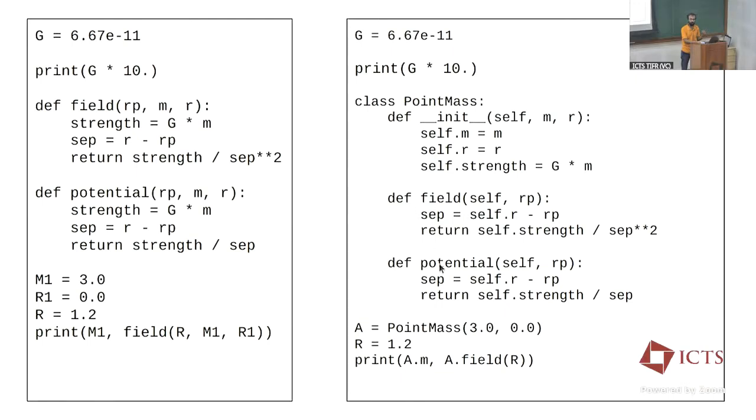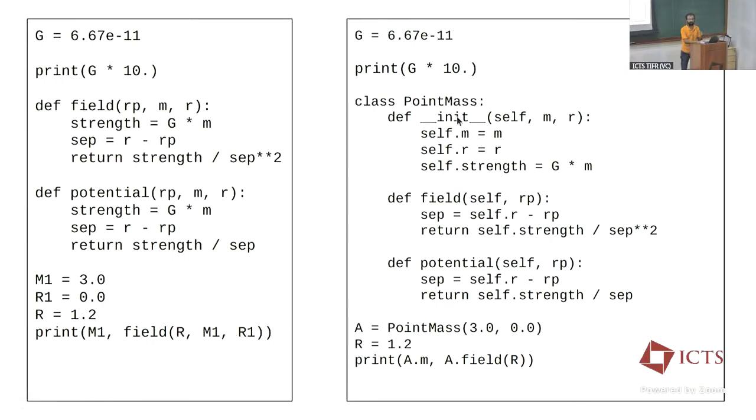And then these two functions are a part of that class. They are attributes of this point mass. For these functions, you don't need to give the mass and position again and again. You just give the r prime where you are trying to evaluate this, and then it returns the thing. So here you would just use the function as it is. It's called def field, so you just call field with whatever parameters it had.